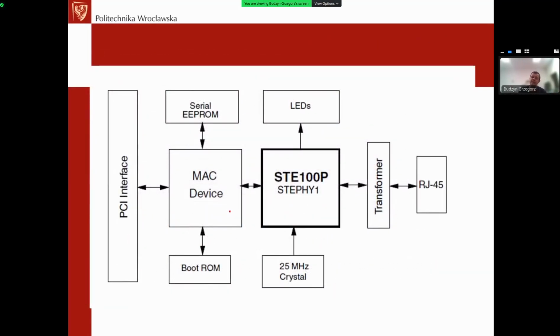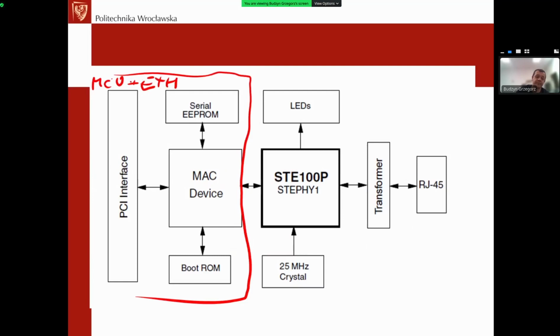But again, going back, because this was the top, these were the things that we need to do above the Ethernet. But unfortunately, and that's really painful, to be honest, we need to implement something from the bottom, because normally, this is our microcontroller. I took the slide from the application note of the transceiver chip. That's why there is some PCI interface, but this is our Ethernet block. So this is MCU plus Ethernet block here,